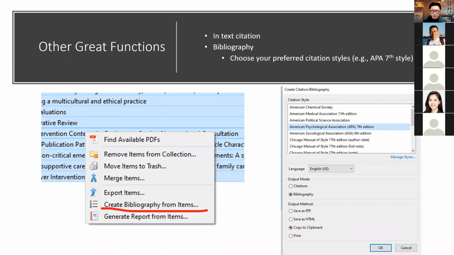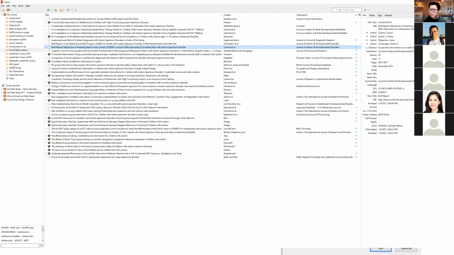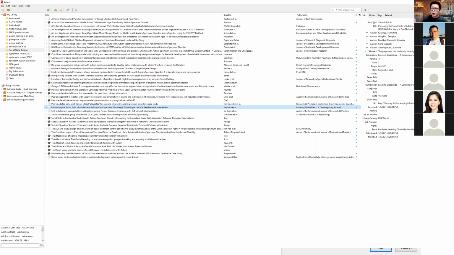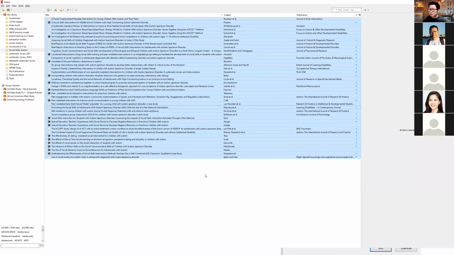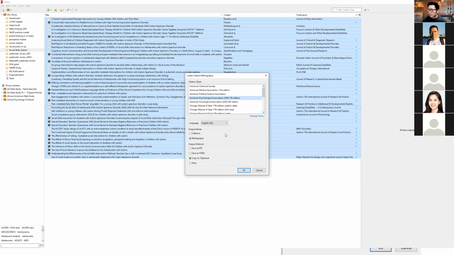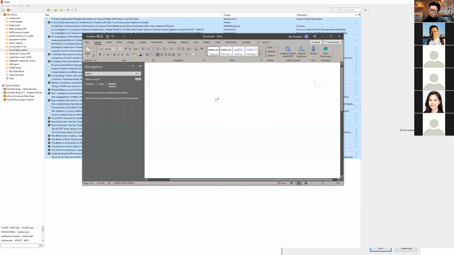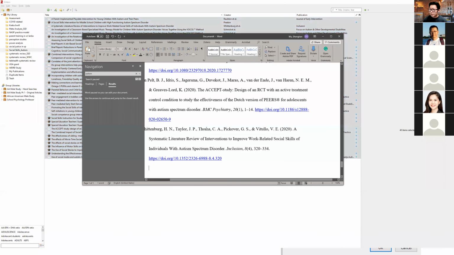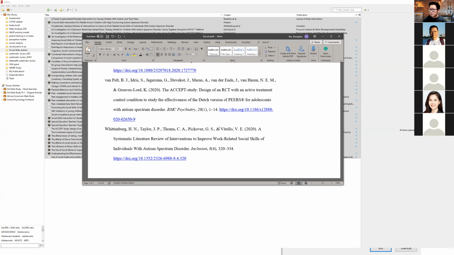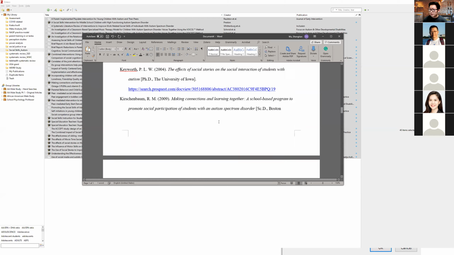Now I'm gonna show you how to do it. So let's say I used all of them, 40 dissertations and articles. What I'm gonna do is right-click and create bibliography. And of course, I'm gonna use 7th edition. And bibliography, I want to copy and paste the style. I don't want to make a new file, so I just click OK. Here's the Word document. Let's say this is your reference section. Then what you can do is just paste. So everything is organized in APA format,